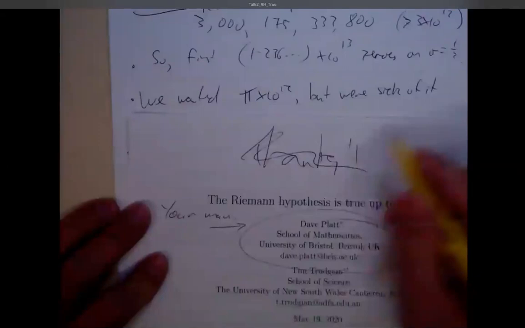Other people have done similar things for Dedekind zeta functions. That's even more involved, because you've got r1 real places and r2 complex places, or the other way around, I can't quite remember. So you've got even more things you have to keep hold of. But the pioneering paper in that area was by Robert Rumely in, I want to say, the 80s. So yes, absolutely, you can do this kind of scheme for more generalized functions.